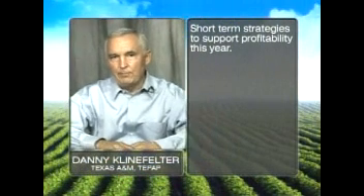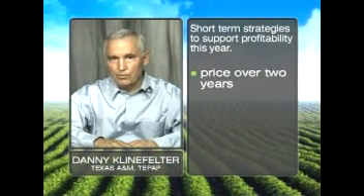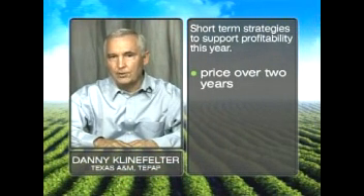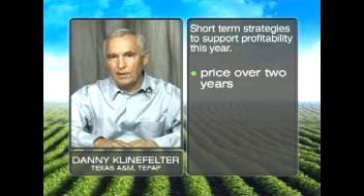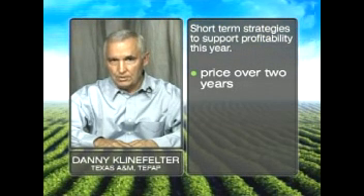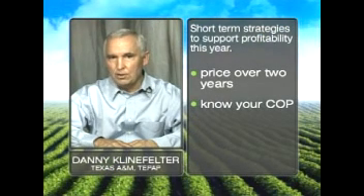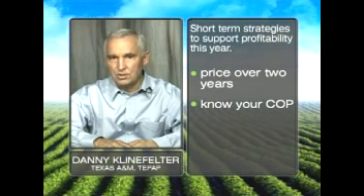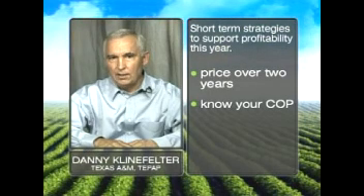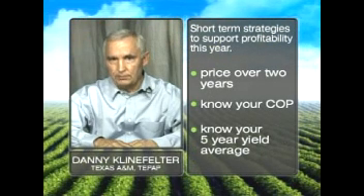One of the most successful strategies I've seen is employed by a Midwest corn and soybean farmer who prices his grain over a 2-year period of time. For example, for his 2006 corn crop, this period would have started in October 2005 and then run through October 2007. His approach relies on two things. First, he knows his total cost, including his cost of living, and second, he knows his 5-year rolling average yield.